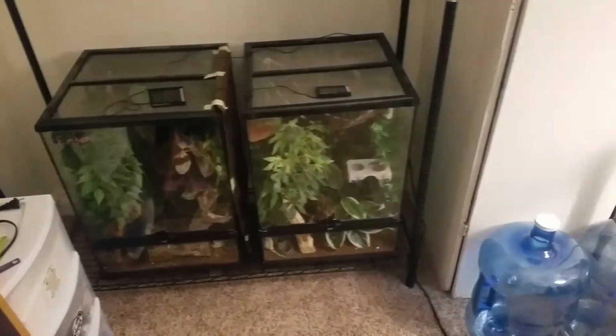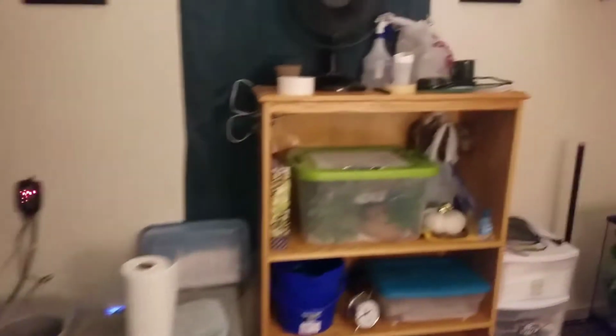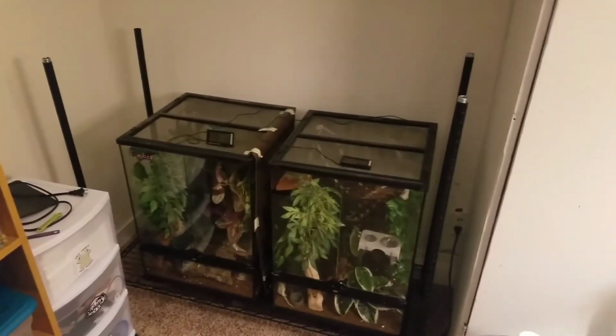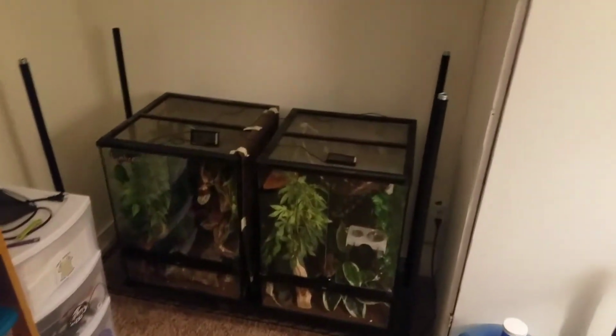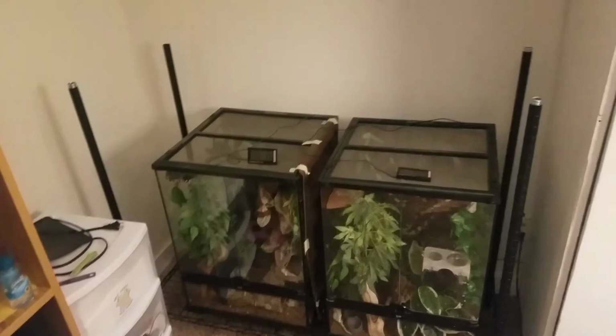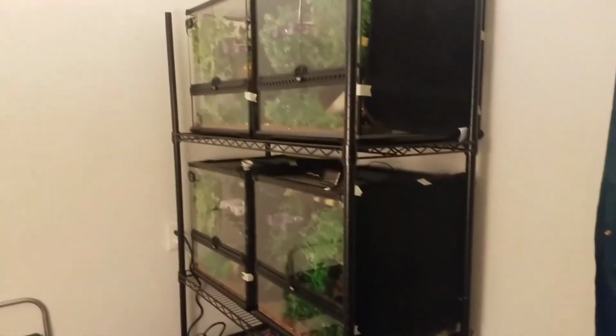My dad is actually going to give me a portable air conditioner to use for this room, because the air conditioning unit is wanting to go out and the landlord is not going to replace it until it does go out. Obviously, I'm not interested in losing over $1,000 worth of reptiles in this room, with all the equipment and all of the animals. I don't want to even risk them dying on me, and all the hard work I've put into these animals over the past 7 years. So my dad is going to give me a portable air conditioner to use for this room for now,